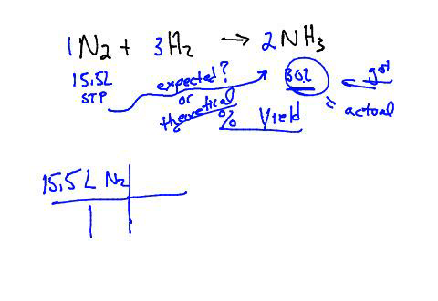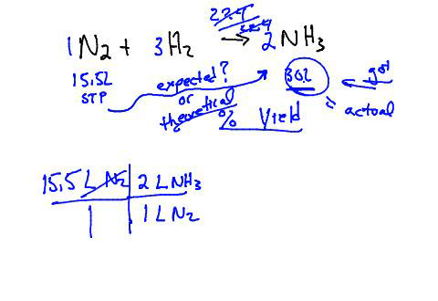All right, so this is just a simple liter-to-liter problem. Actually, I should show them a shortcut. You want the shortcut for liter-to-liter? Because it's all at STP, it doesn't give us any new conditions. Essentially, you'll have 22.4 on top and 22.4 on the bottom, and of course, if you have the same number on top and bottom, they will cancel. So you can actually use the mole-to-mole ratio. It only works with liter-to-liter, and only if it's all at STP. It won't work with gram-to-gram. You can say 2 liters of NH3 over 1 liter of N2, and your liters of N2 cancel.